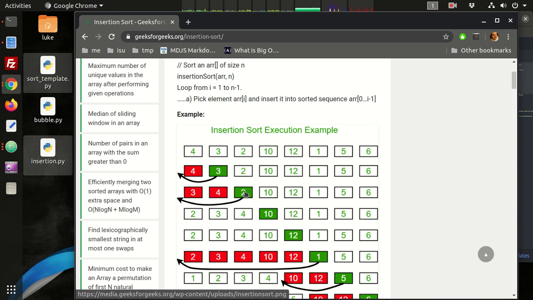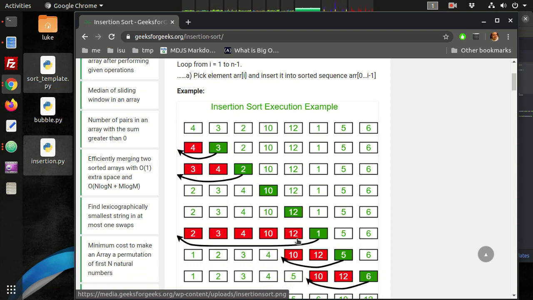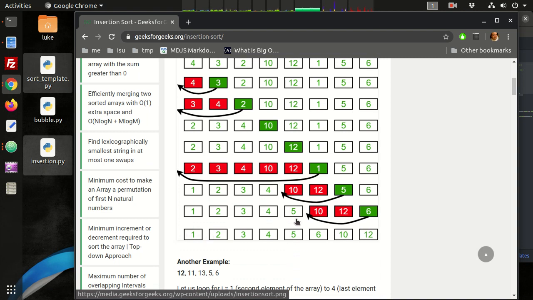So if I'm adding this item, the maximum number of comparisons I can have is a compare here, and then another compare here. I might not need all of them, but that's the maximum. So when I'm adding another item here, I would compare here, here, and here. So there's a pattern. We're increasing the number of times we iterate through that inner loop. So the first time it's once, second time it's twice, third time it's 3 times, and then 4 times, and it keeps going and going until eventually we get all the way up to